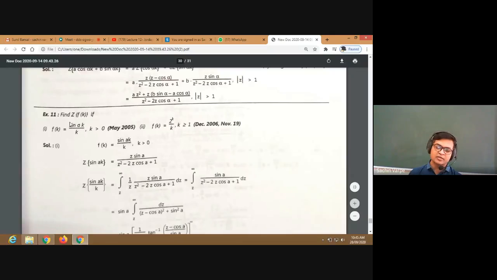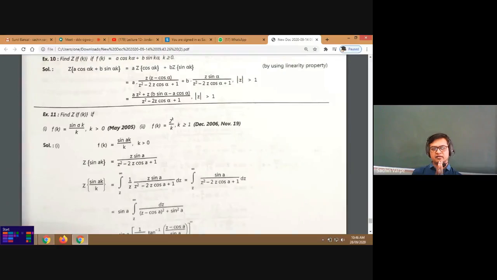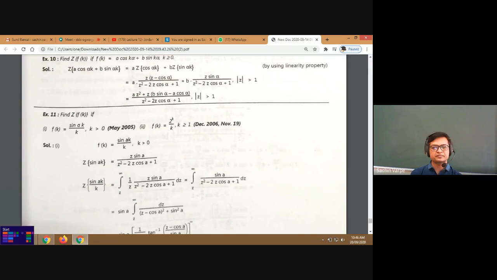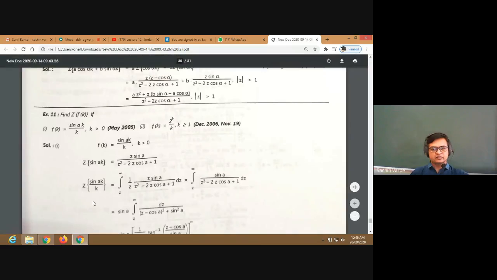So this is completely based on the property of division by power of k. If we try this by using the basic definition, then that will be more complicated. So this is the main application of basic theorems, standard theorems. How many theorems we have discussed? I think change of scale theorem, then shifting theorems, then multiplication by power of k theorems, division by power of k theorems, right? Z transform of convolution. These are all the important theorems we have discussed. So this is completely based on them.